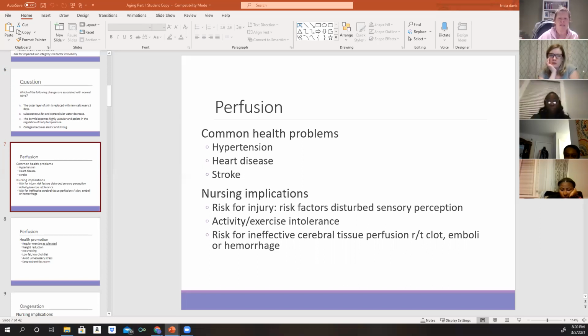So, because of all the reasons I just told you guys, our patients can get that orthostatic hypotension. They can also get hypertension. They're at risk for developing heart disease, and then they're also at risk for developing a stroke. So some of the nursing diagnoses that we could give to these patients is,